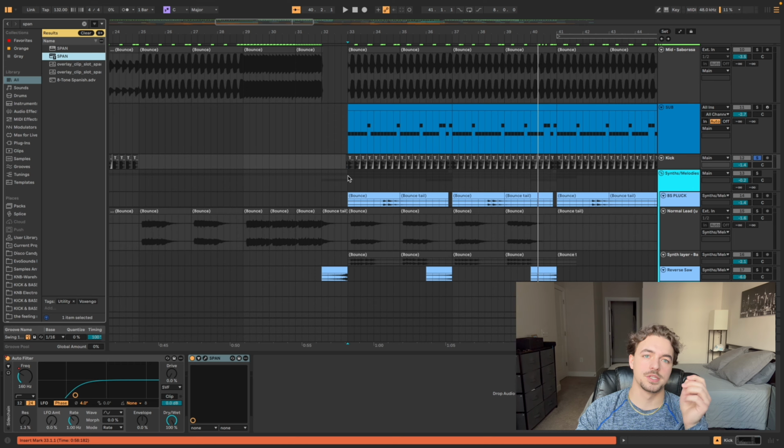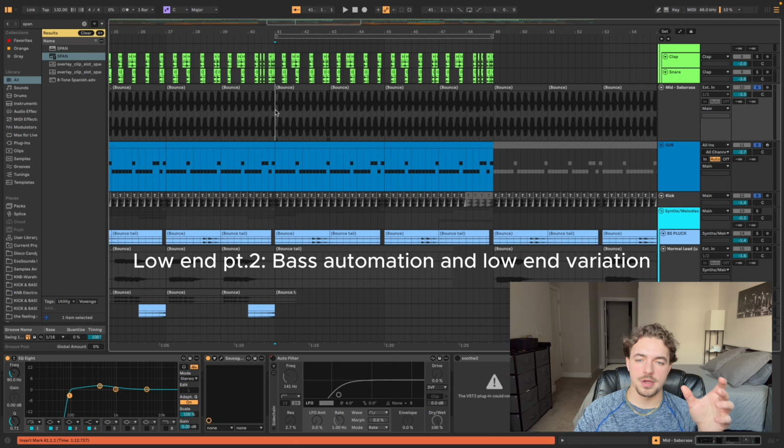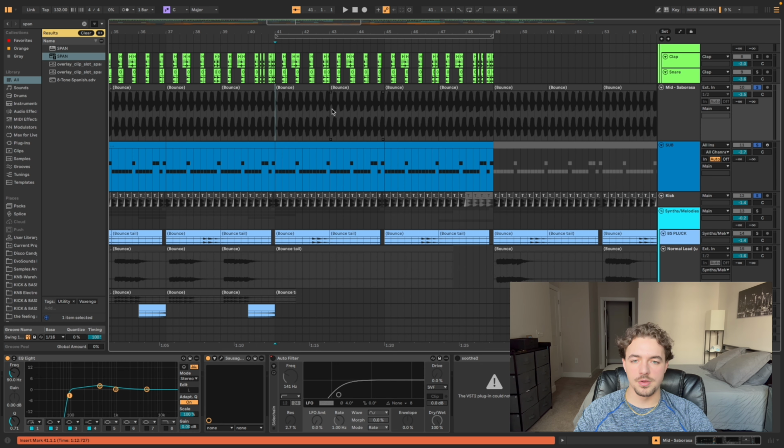And it's a lot easier to do that when you have a kick that's already really loud in that bass frequency. So once you have all the low end figured out, you just want to go through and add some automation variation in the bass. So for here, you can kind of hear it. What most people do now, especially with the offbeat bass, is you'll just automate the cutoff frequency on your Serum.